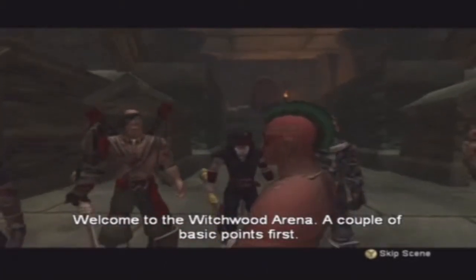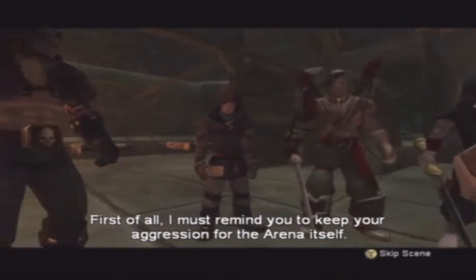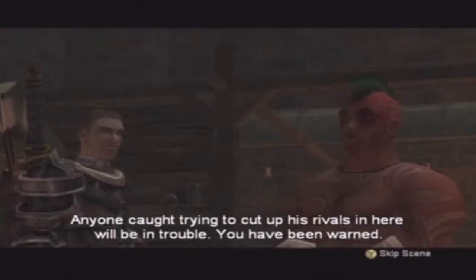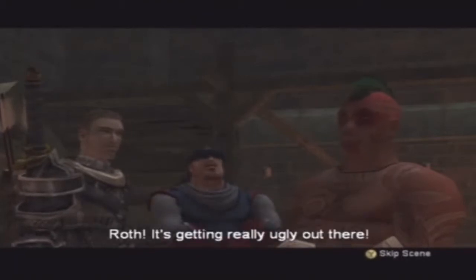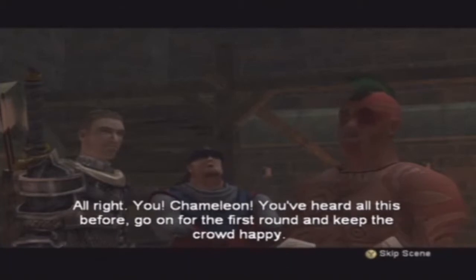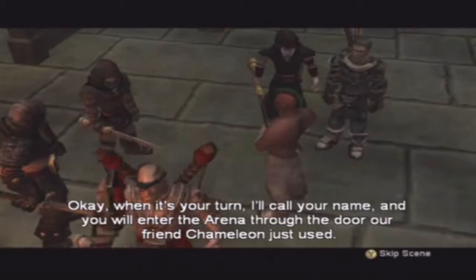Arena. A couple of basic points first. First of all, I must remind you to keep your aggression for the arena itself. Anyone caught trying to cut up his rivals in here will be in trouble. You have been warned. I will terminate you because I am the green mohawked Arnold Schwarzenegger. During a round. Rolf, it's getting really ugly out there. Alright, you, Chameleon. You've heard all this before. Go on for the first round and keep the crowd happy. No problem. This'll be easy. Okay, yeah, I see. When it's your turn,